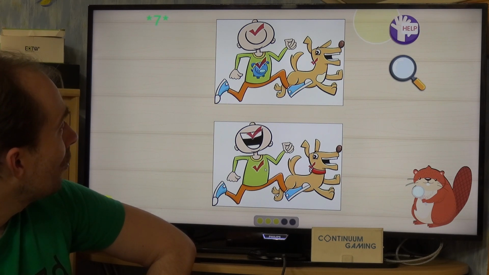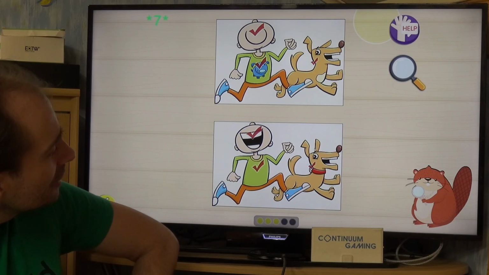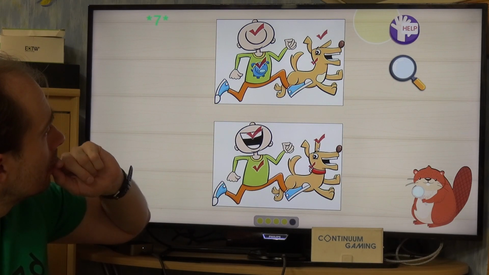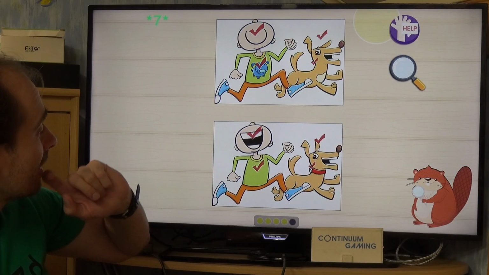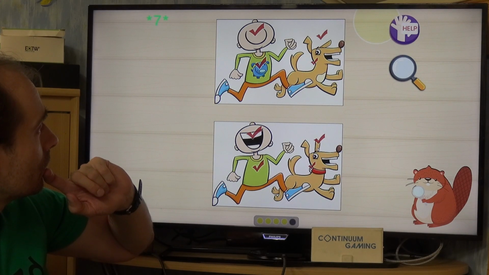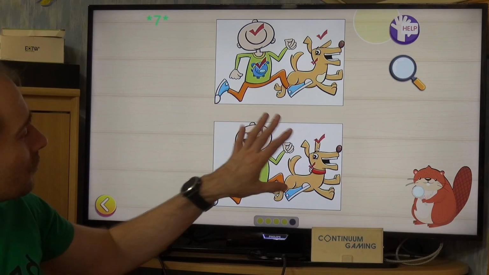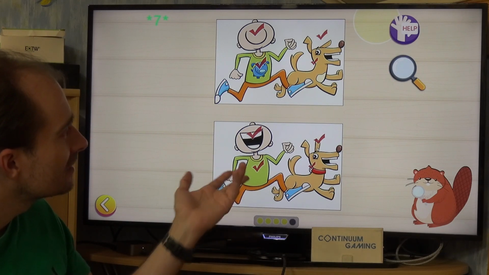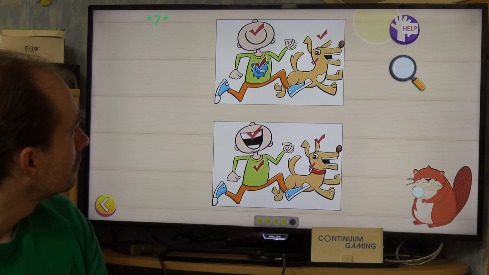And for instance, now, these 2 ones are already a little bit harder. Here is something, the ear is different, if you have a look at that. And now I'm just going to see if I can get the last one right too. Interesting, I don't see much. Especially for kids, it's not totally hard or something, it's not frustrating and stuff like that, so it's a perfect game. But still,